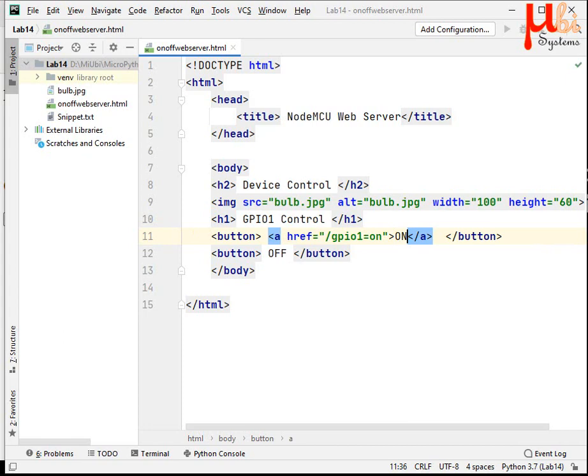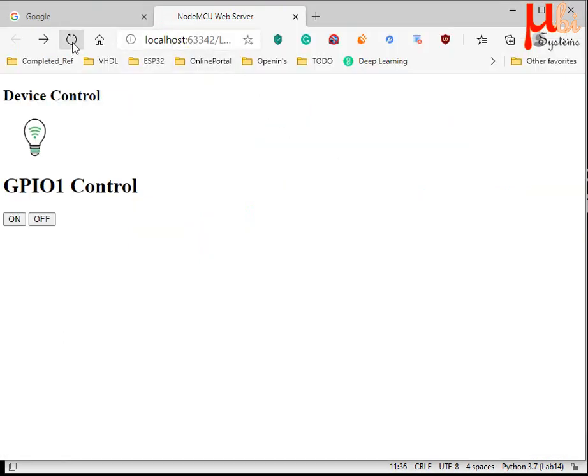Let me check whether this works. I'm not sure, I did not try this earlier. Yeah, it works. So if you take your hand on that, you can see the button being on, and if you click on that, you will go to, if you observe here, the localhost GPIO1 is equal to on.